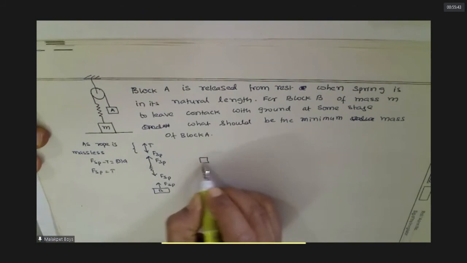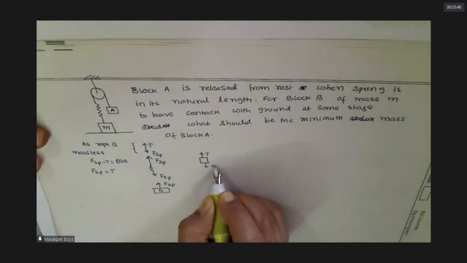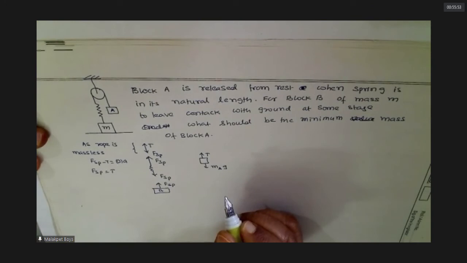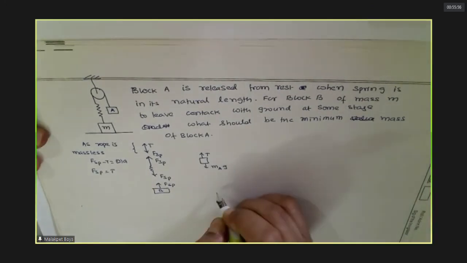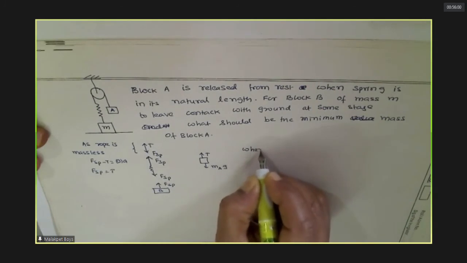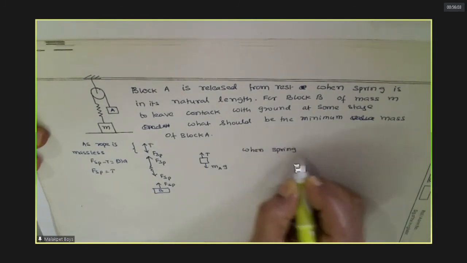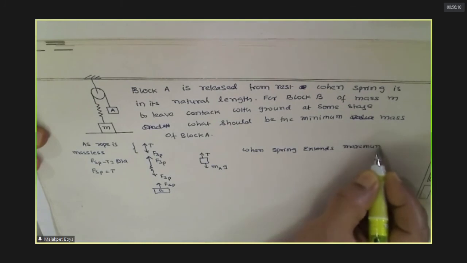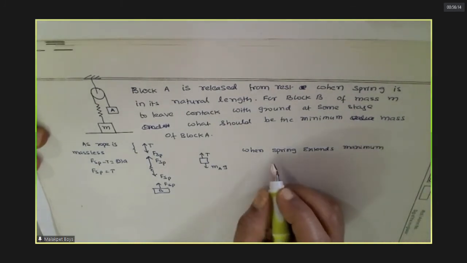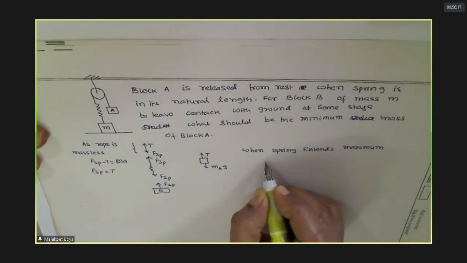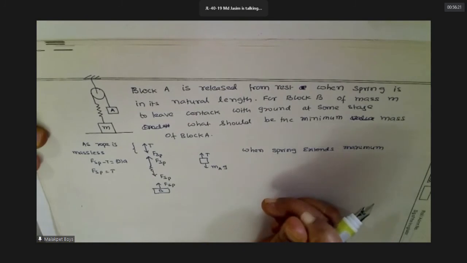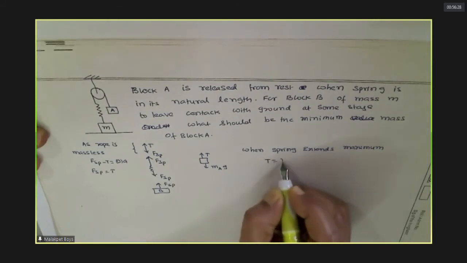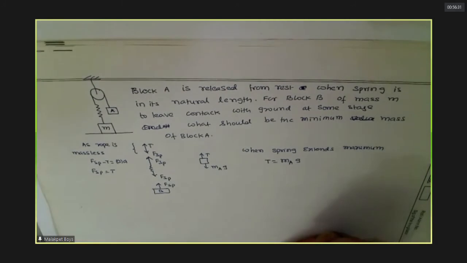Now for the block A, do you agree with this? Agree, sir. Okay, when block A comes down, what will happen? Sir, max extension x max. Block also moves by x max. Then T equals m_A g. Do you agree with this? Yes, sir. And T equal to spring force will be,